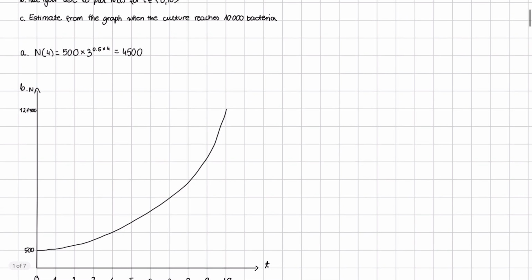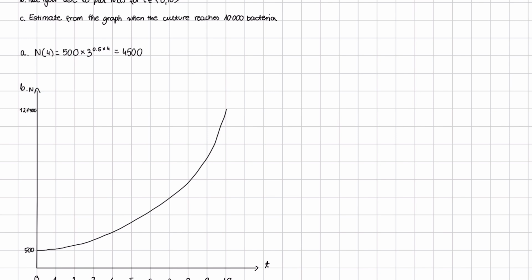And in C, we have to estimate from the graph when the culture reaches 10,000 bacteria. It's hard to estimate from the graph, so we can find it in our GDC. We just choose G-Solve, then x calculate, then enter the y value, and our y value is 10,000 bacteria. So t is